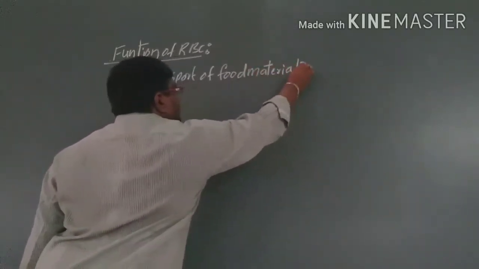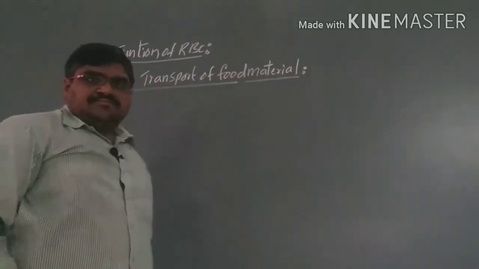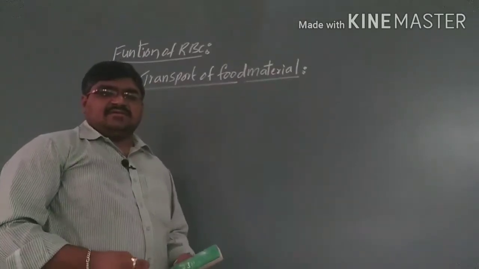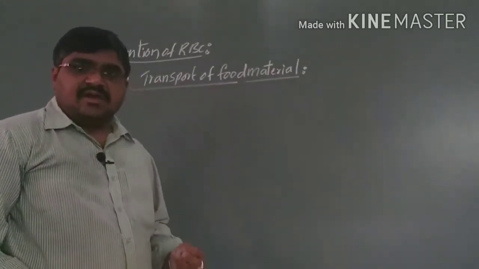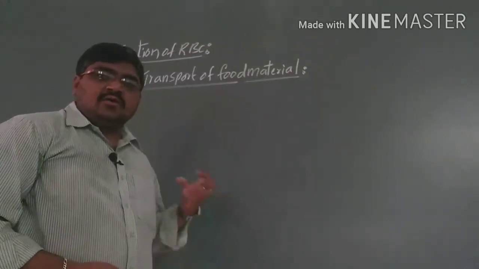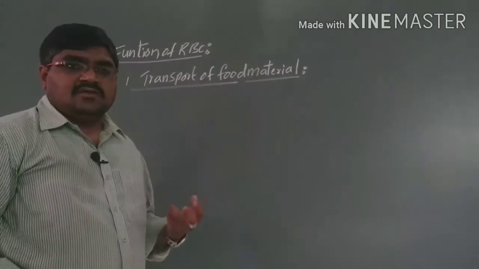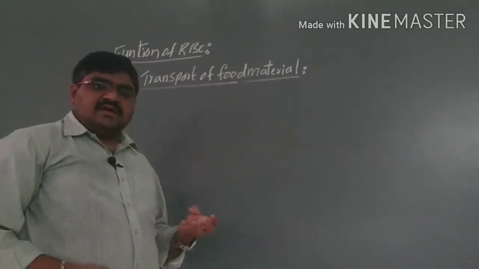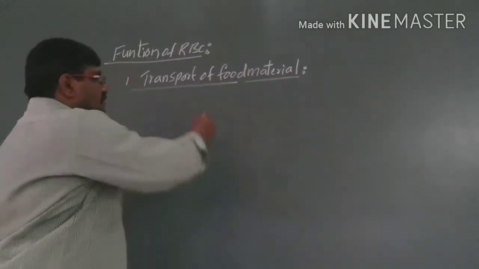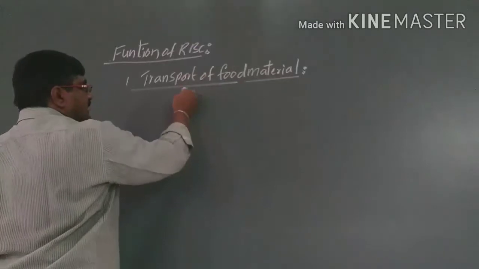That means the food materials which are digested in the alimentary canal are transported to different parts of the body. The food which is synthesized is absorbed in our body in the form of